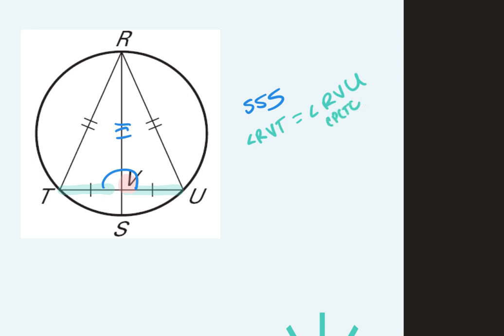If that's the case, and RST has to equal RVT, RVT plus RVU has to add up to 180, and that's because of the linear pair postulate, or the definition of a straight angle with the linear pair postulate. Now I know if they're equal and they add up to 180, that RVT and RVU equal 90 degrees,